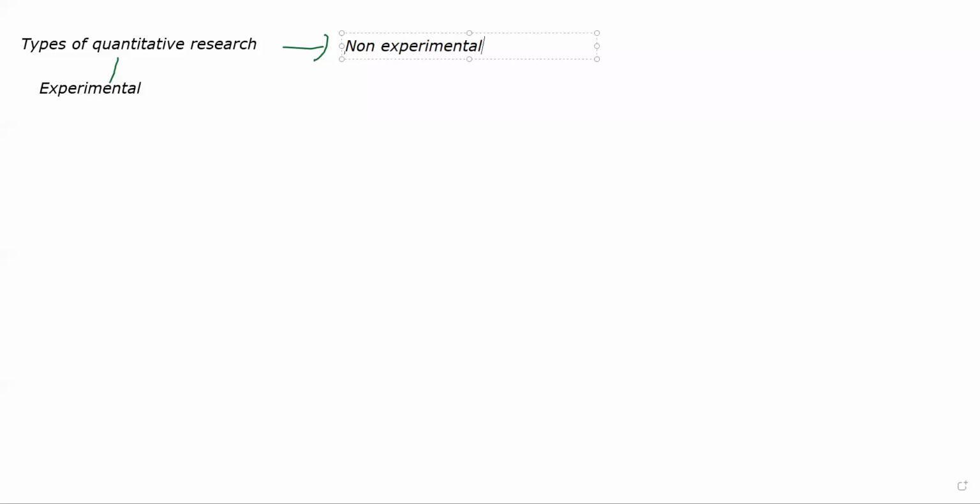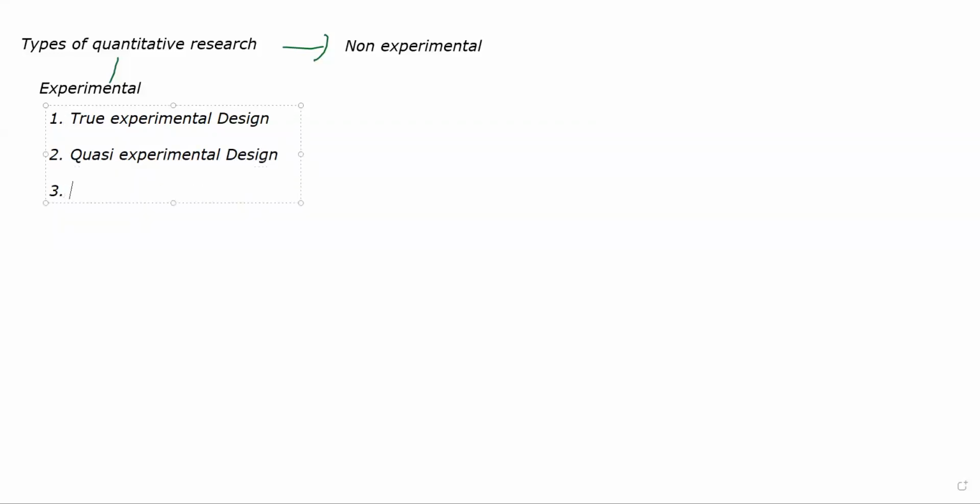We'll first discuss what experimental design is and the types of experimental design, and later on we'll go into non-experimental. First of all, experimental research design itself has 3 subtypes. You have true experimental design, quasi-experimental design, and pre-experimental design.